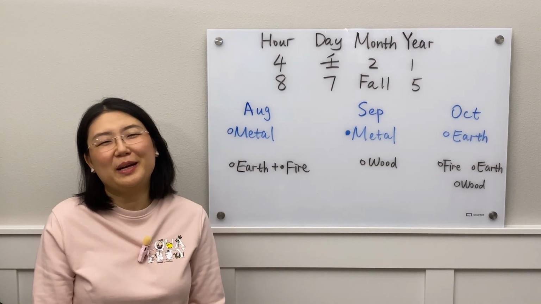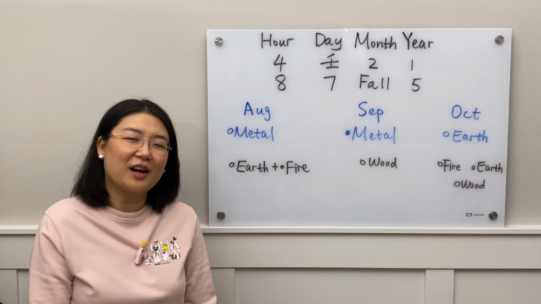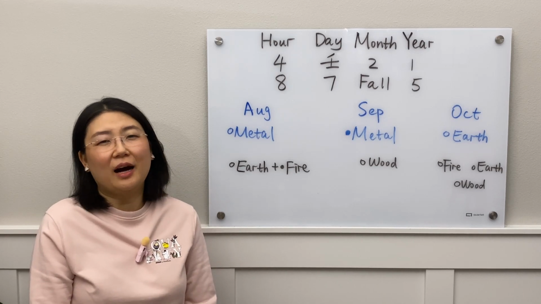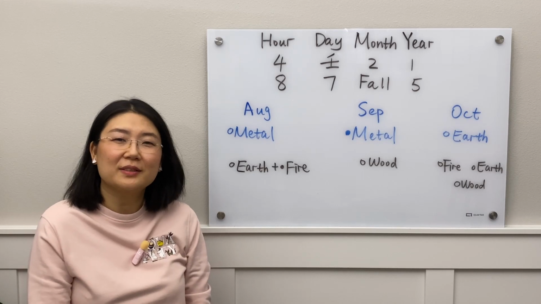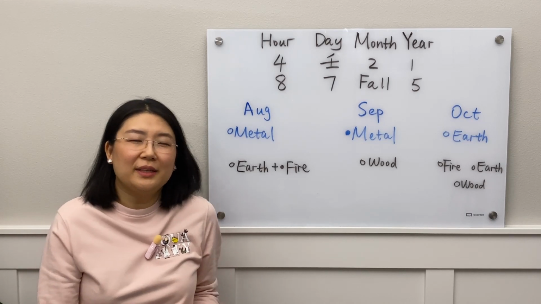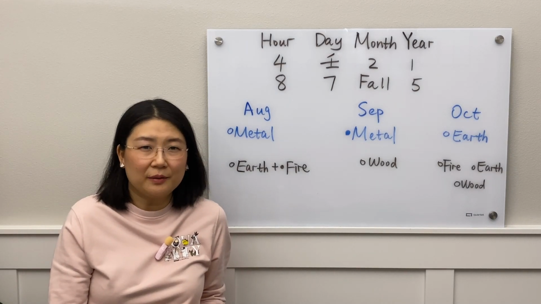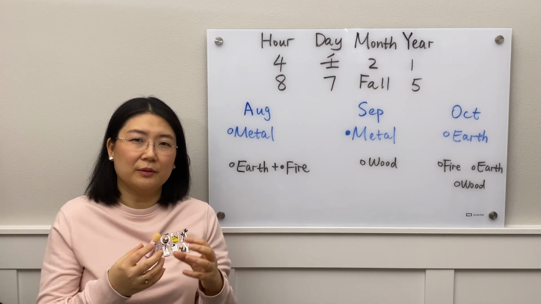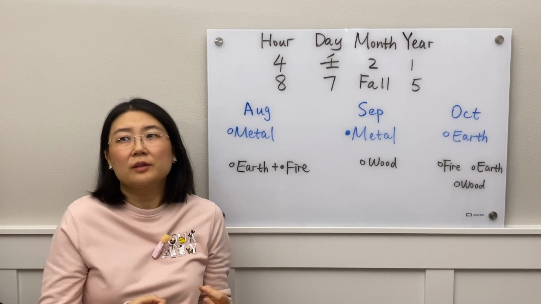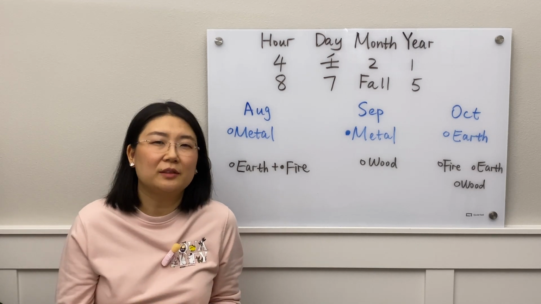In today's video, I'm sharing how to analyze a Bazi chart. If your daily master is a yang water called Ren in Chinese, looking like this, born in the fall season. Because the dominant element for fall season is metal, and the relationship between metal and water is metal supports and grows water. So it's a nurturing type of energy.